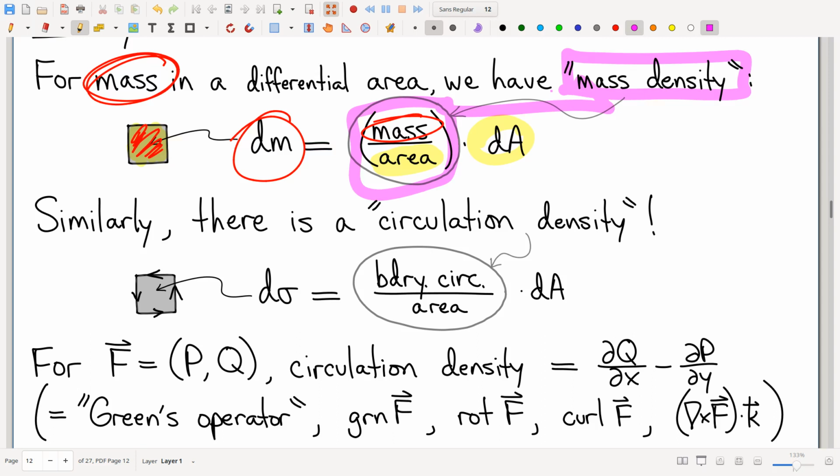So I claim you can do the same thing for any accumulating quantity. Mass is nice because I'm familiar with it. I encounter mass every day, right? We have this idea that density means it's kind of heavier for a given size, and low density means, given how much weight it is, it's kind of big. We just have great intuition for it. But structurally, this is no different than any other accumulating quantity where I could do the same kind of thing. So for example, for a given amount of area,